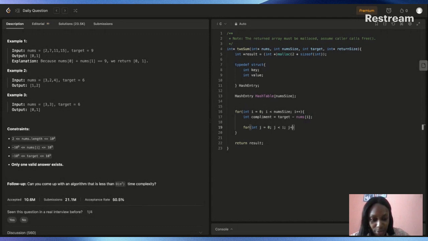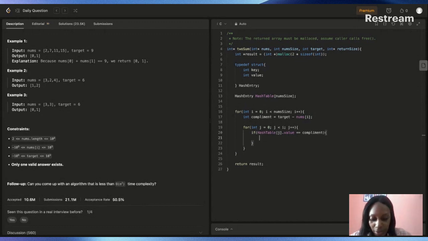So we say, if hash table j dot value is equal to complement,